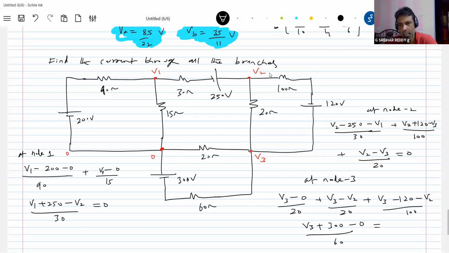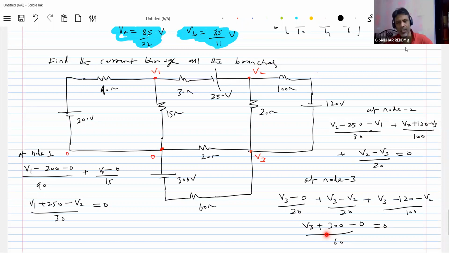You see that here, how many drops have come? 4 drops. Here, where are the 3 drops? Look at the junction. Junction 1 has 3 branches connected to it, that's why you have 3 IR drops. Junction 2, the 3 branches are linked to it, so you have 3 IR drops. Junction 4, how many? 4 branches are connected to it, so 4 IR drops should be there.